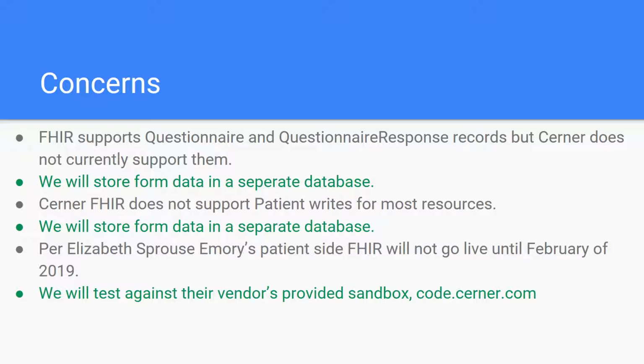These are some of the concerns that we currently have with our application. FHIR supports questionnaire and questionnaire response records, but Cerner does not currently support them. Cerner FHIR does not support patient rights for most resources, so we will have to store form data in a separate database. As per Elizabeth Sprouse, Emory's patient-side FHIR will not go live until February of 2019, and so we will have to test against their vendor's provided sandbox, which is